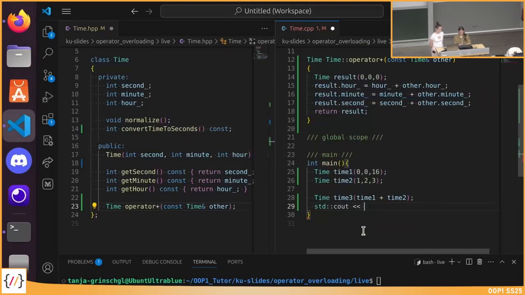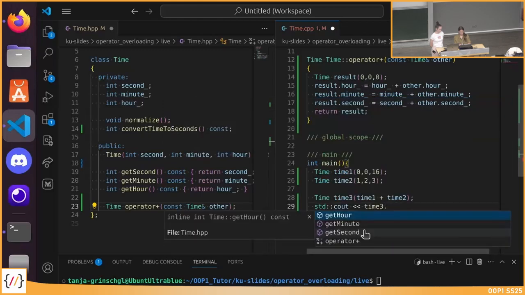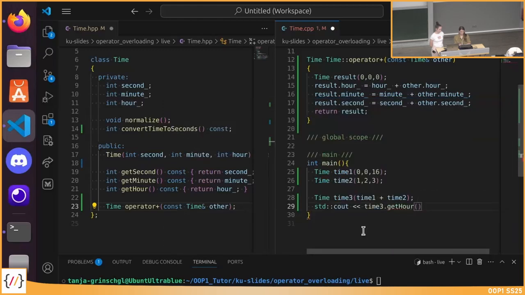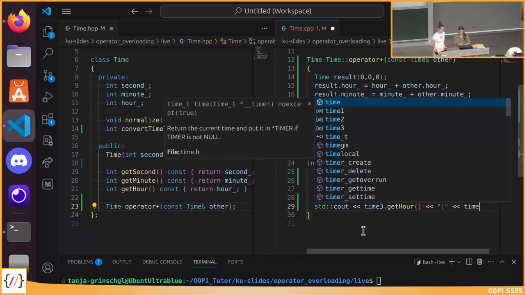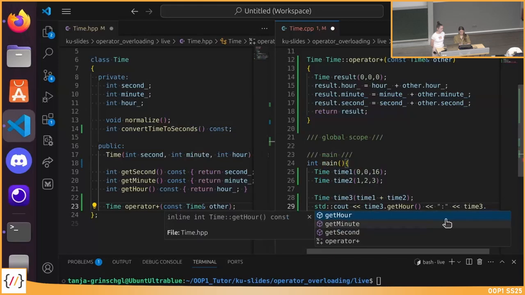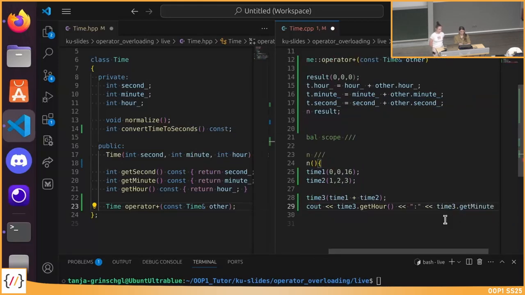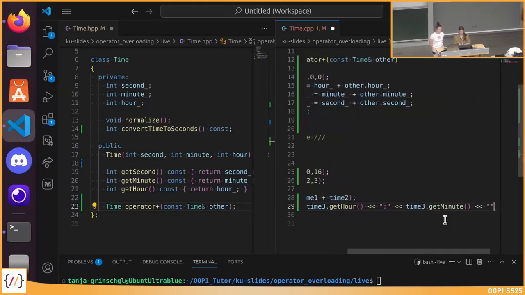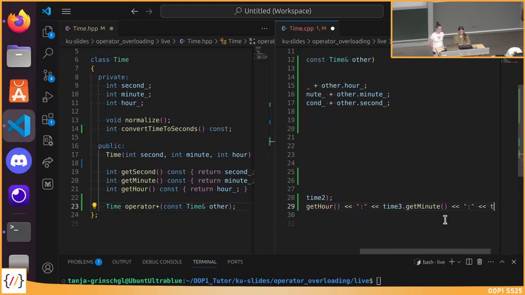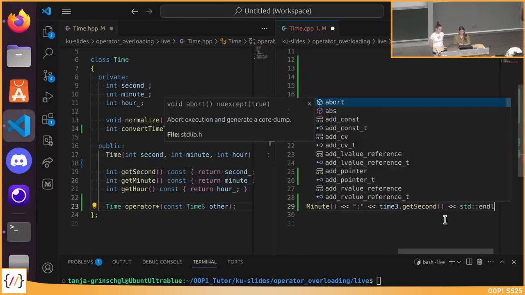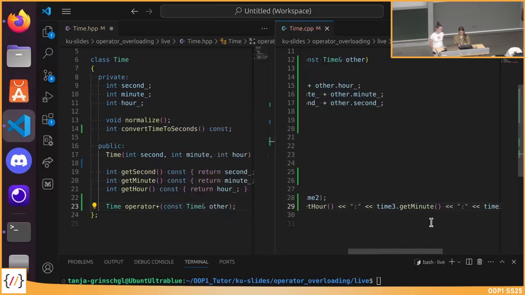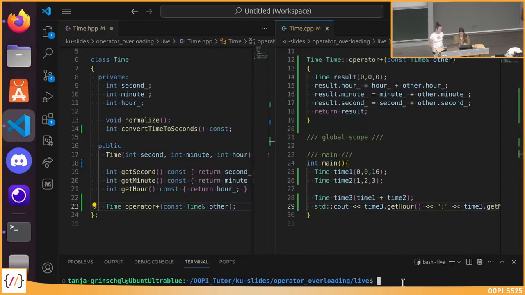If we just print our time 3 object, we'll just try to format that already as a timestamp, and we'll just use our getters to get our values. And add a new line at the end so we can see something. And if we now just compile that and exit,